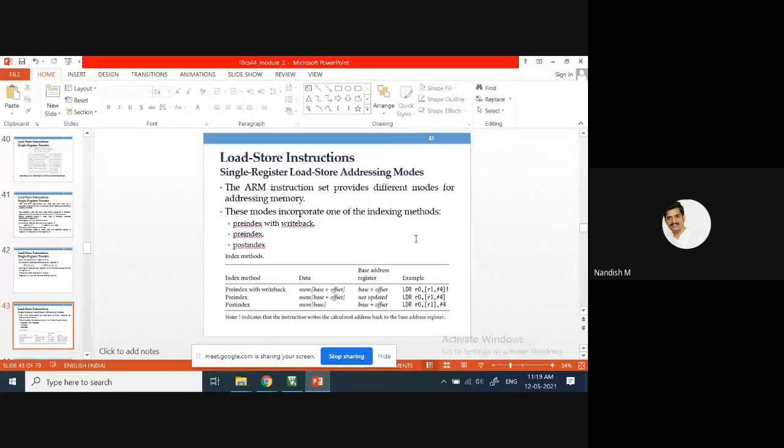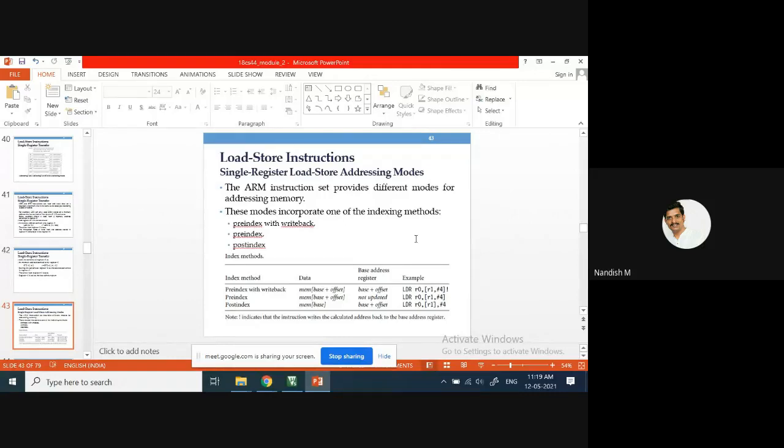Okay. See, now this single register, some variations are there. What variations in this single register transfer is, you know about the addressing mode. You have learned addressing modes. That was the first question in CO in your last exam: explain the different types of addressing mode.